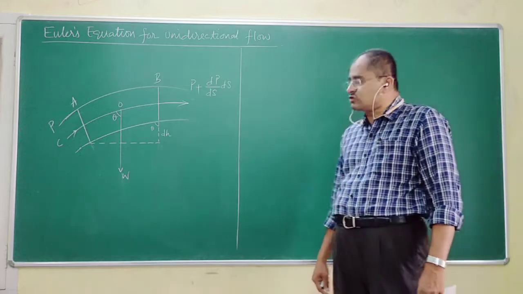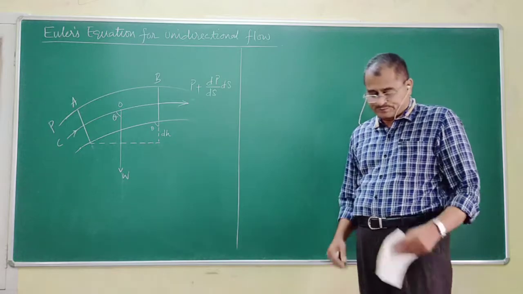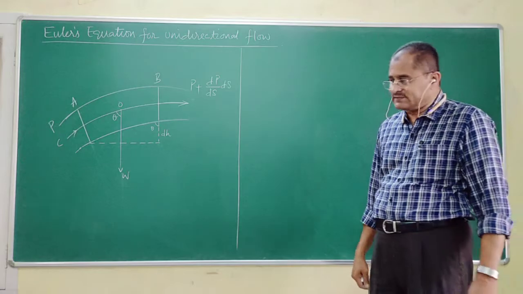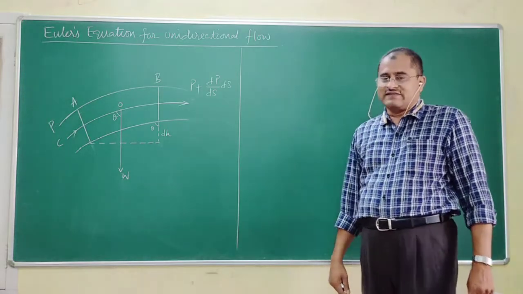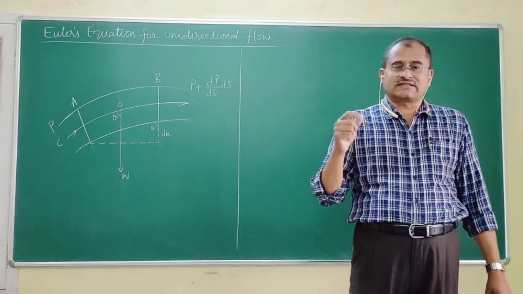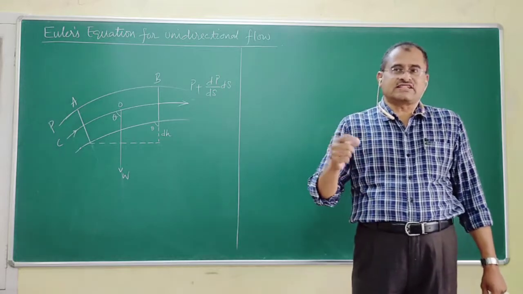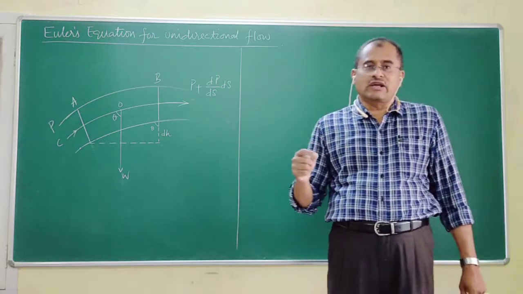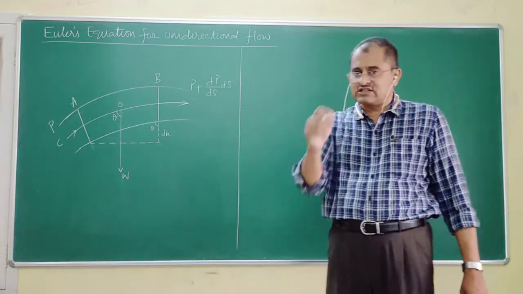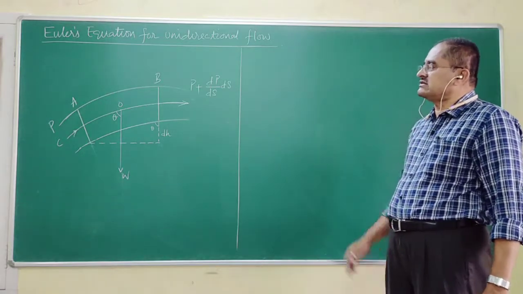We go on to see a new topic today, Euler's equation for unidirectional flow. This is a continuation of Bernoulli's theorem, which we have seen last class, wherein I said the total energy, which is the sum of pressure energy plus kinetic energy and potential energy of a flowing liquid in streamline motion, remains a constant. That is where we stopped last class, and we continue from there, and the new topic today is this.